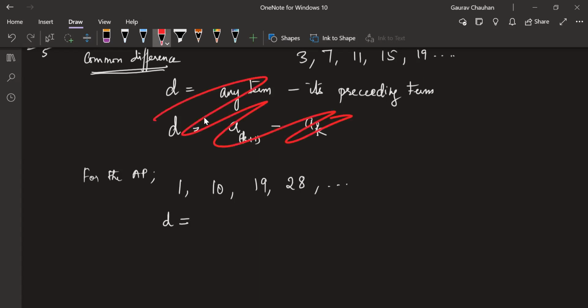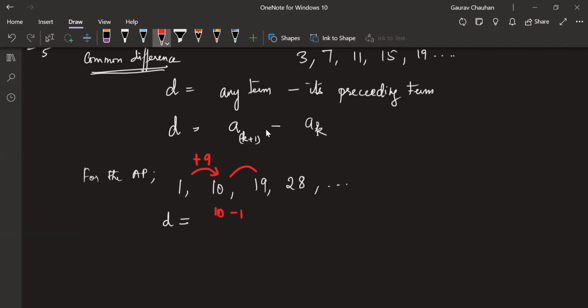Leave this. You tell your thought process. How are you getting 9? Sir, I did that only, sir. So in your mind, that only happened, no? We are saying, common sensically, this is a jump of 9. But how are you actually finding that jump? You're doing 10 minus 1, no? Yes, sir. Here also it's a jump of 9. How are you finding that jump? 19 minus 10, no? Here there is a jump of 9. How are you finding that jump? 28 minus 19, no? Yes, sir.